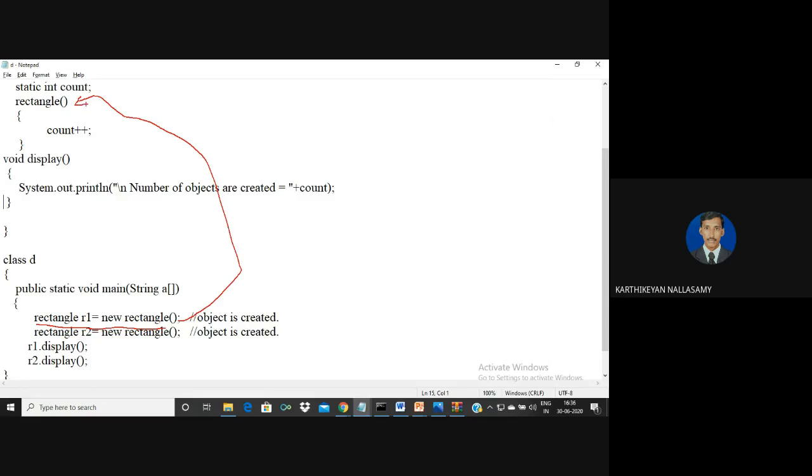In that constructor, I am going to modify the value of a common memory location, that is count. Initially the count is 0, so now the 0 will be changed to 1. The 0 will be struck out, because this is a common memory location. The name of the memory is count, a separate common memory location.